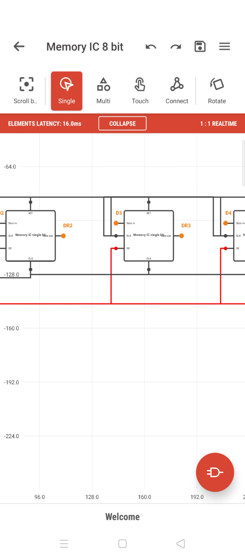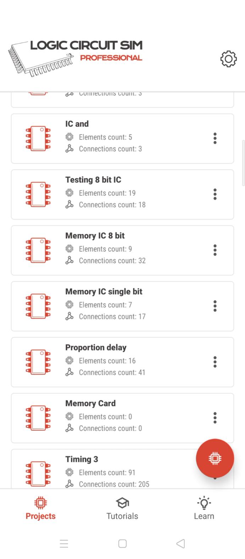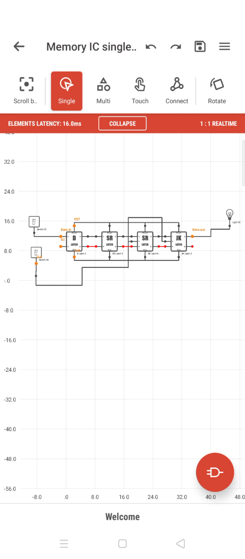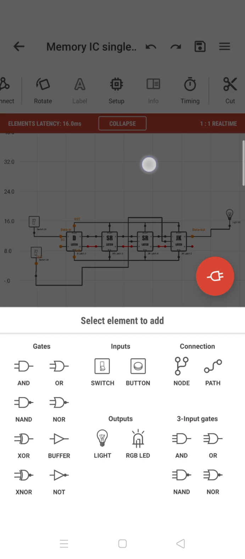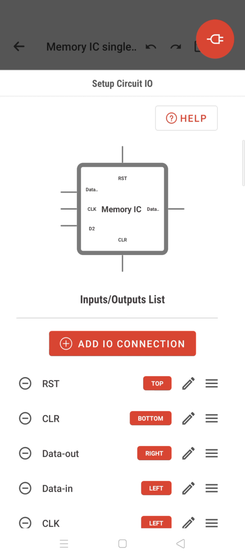If you want to see how this IC was made and things like that, you can go back and see how the IC was made. This is a single bit IC. So how I created the IC, if you want to see, you can see the things. So this is the IC I've created. For 1 bit, I've created the memory IC,